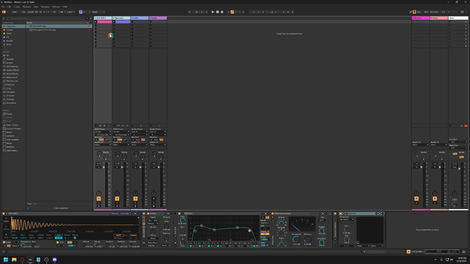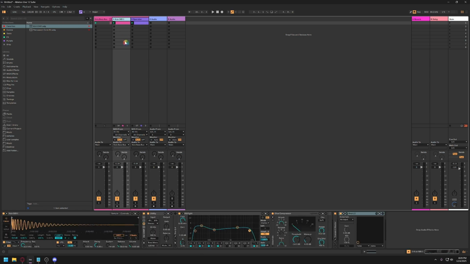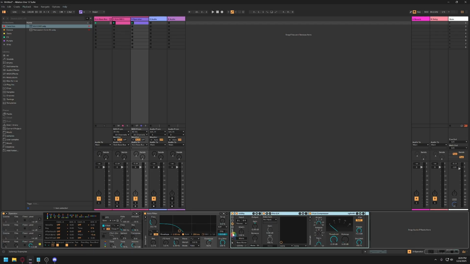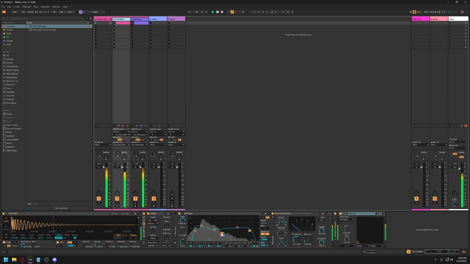Going to shift-click, select both of those, and then Control G to group them, or right click, group them. If you don't have the hotkeys memorized for things, you can always just right click on things and select the same option. So group those two, and then rename, or Control R, to kick bass bus, and then go back to this effects rack here and Control-click and drag to duplicate it onto this same channel here. And then